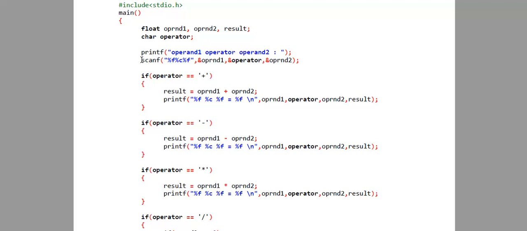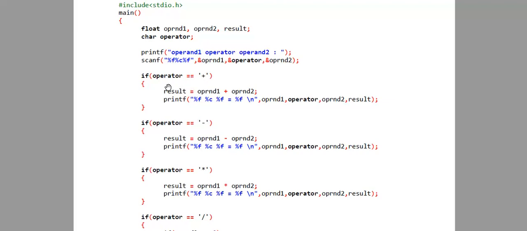When this scanf statement gets executed, the program will wait for input from the keyboard. The user will give the input as, let's say, 5 plus 2. That 5 is stored in operand 1, plus is stored in the operator, and 2 is stored in operand 2.